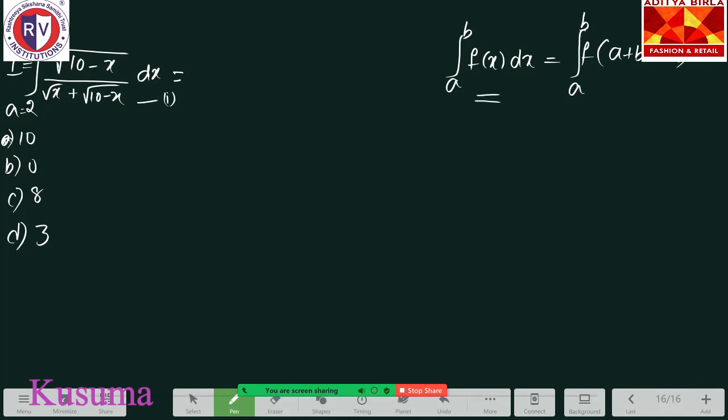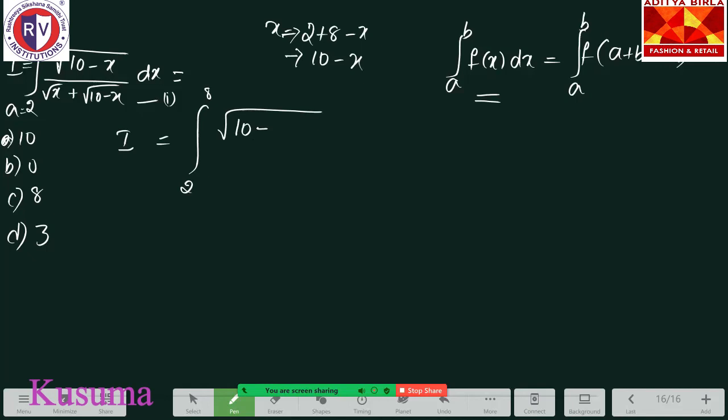Okay, so what happens if we replace x by a plus b minus x? This will be equal to integration from 2 to 8 root of 10 minus x, because we have to replace x by a plus b minus x. So x is replaced by 2 plus 8 minus x, that is 10 minus x. So in the place of x we have to substitute 10 minus x, which will be equal to